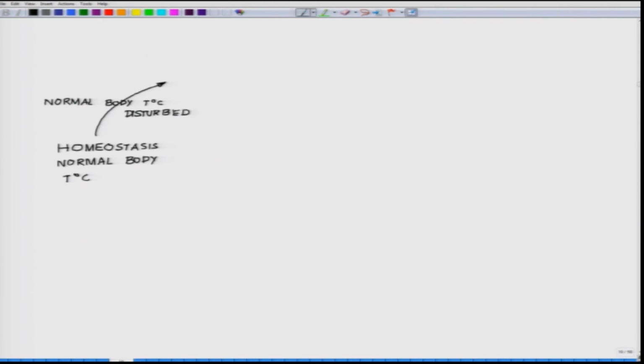Okay. So, your stimulus here is rising body temperature. You are running, and the stimulus is rising body temperature. This stimulus will be sensed by certain receptors, and these receptors are present on your skin as well as in the hypothalamus. I will tell you what the hypothalamus is. These temperature sensors are present on your skin